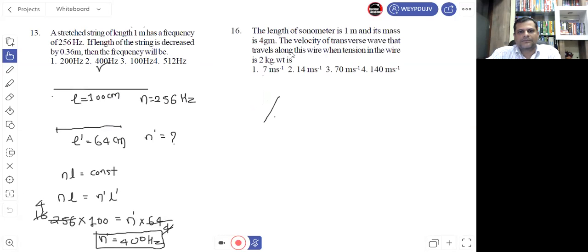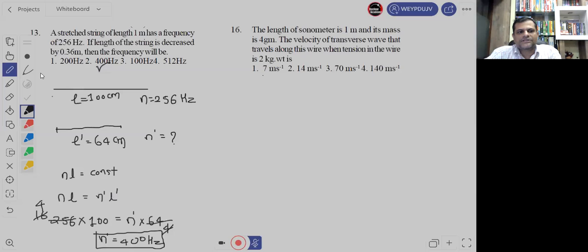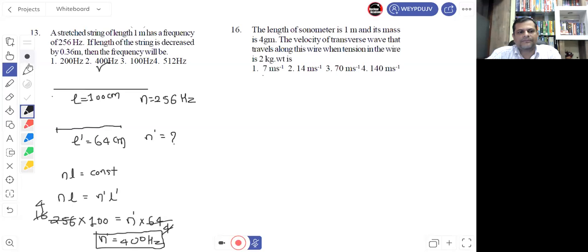Just read the question. The length of sonometer wire is 1 meter. 1 मीटर लेंथ है सोनोमीटर वायर का। Yes, and its mass is 4 ग्राम। Okay, तो उसका मास जो है तो वो 4 ग्राम दिया हुआ है। Yes, and the velocity of transverse waves that travels along this wire when the tension in the wire is 2 kilogram weight is, yes, so suppose this is the wire